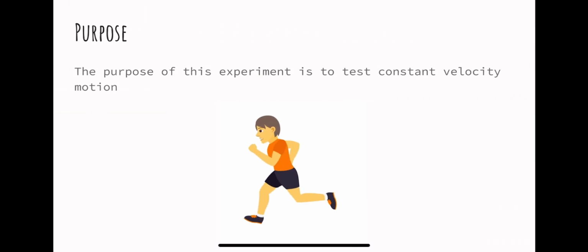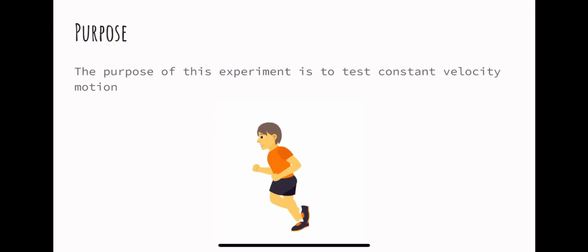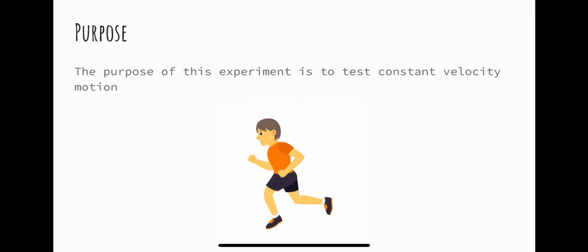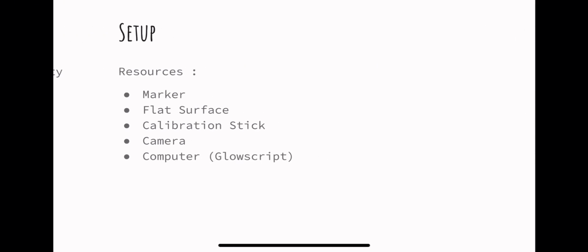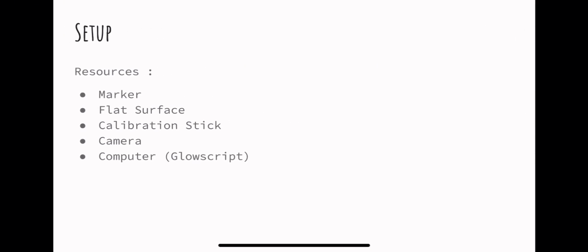The purpose of this experiment is to test constant velocity motion. In physics, constant velocity means that an object moves equal distance in equal time intervals without changing any speed or direction. This lab was pretty simple to set up, as you can tell from the video. You need a marker, a flat surface like a table, and a calibration stick to be able to tell